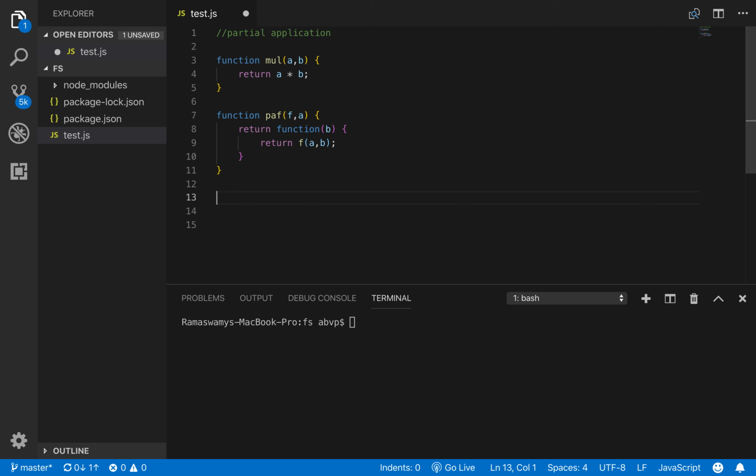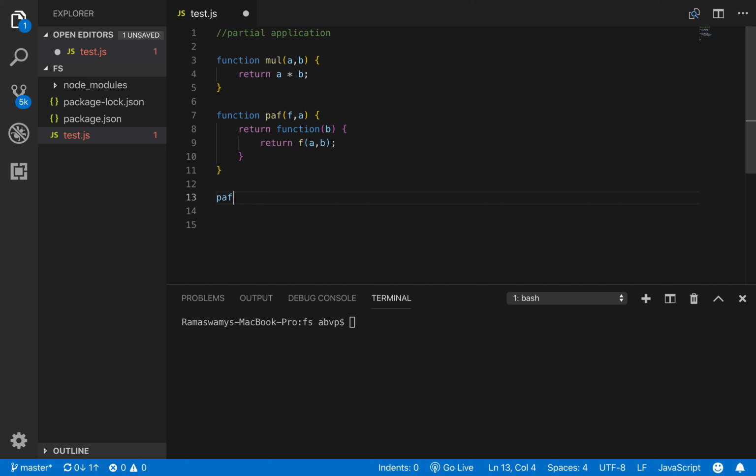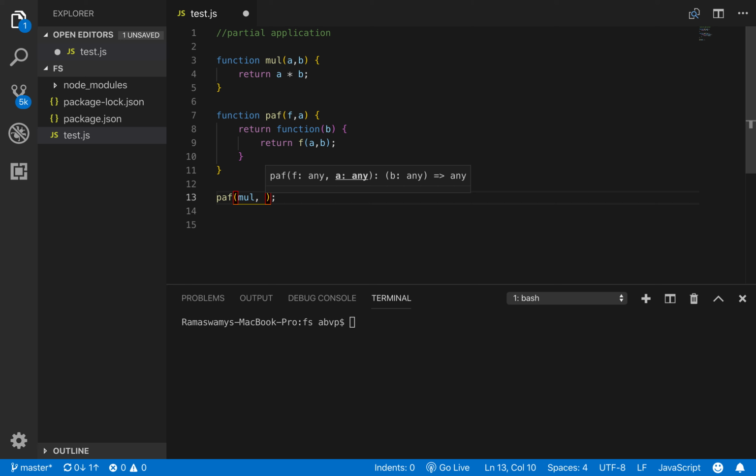Now outside this, we can invoke our partial application function. So it is PAF. So let us invoke that and pass in the two arguments. The first one is a function, so let us pass mul, and second argument, let us fix the value for a. So let us say the value is 10.